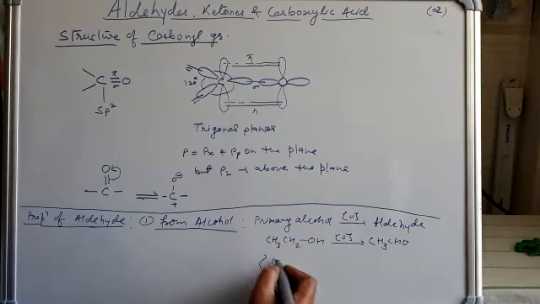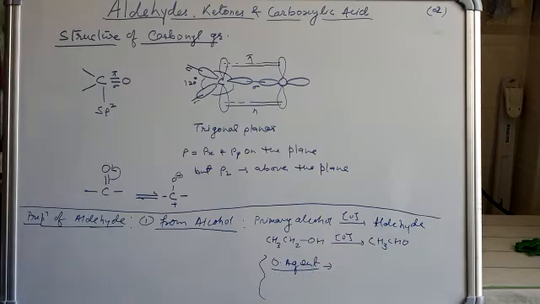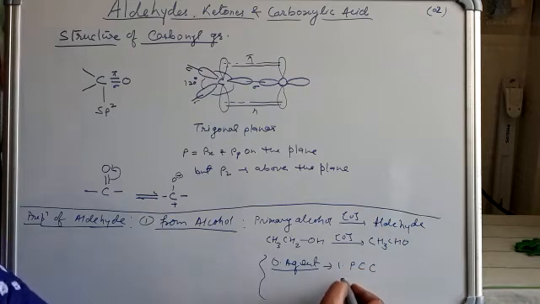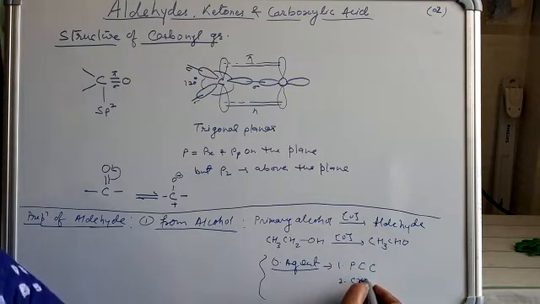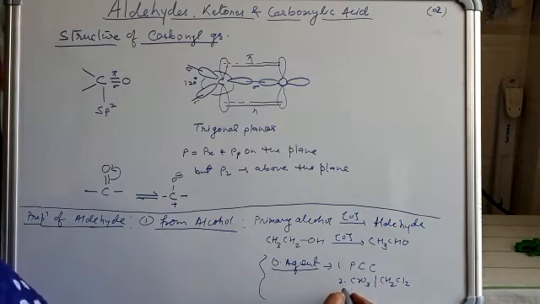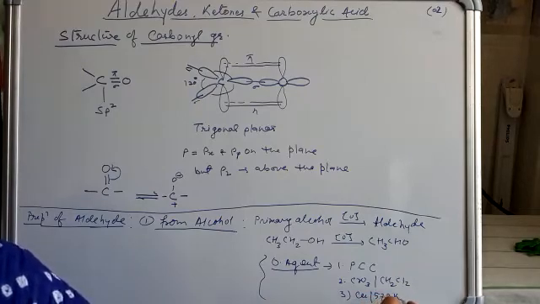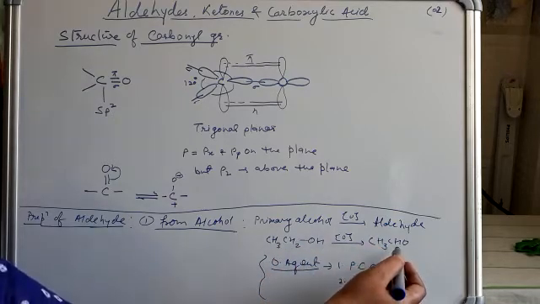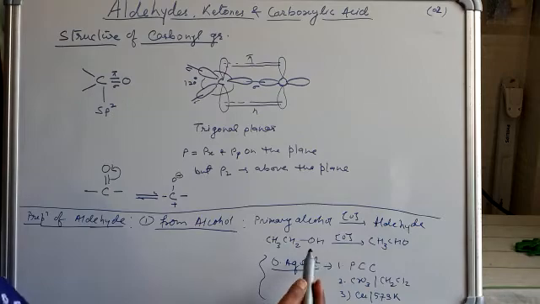What are the oxidizing agents which convert primary alcohol into the aldehyde stage? Pyridinium chlorochromate, chromium trioxide in CH2Cl2, and vapors of alcohol passed through heated copper at 573 Kelvin. The use of these reagents converts primary alcohol to aldehyde. This is one of the methods to form aldehyde from alcohol.